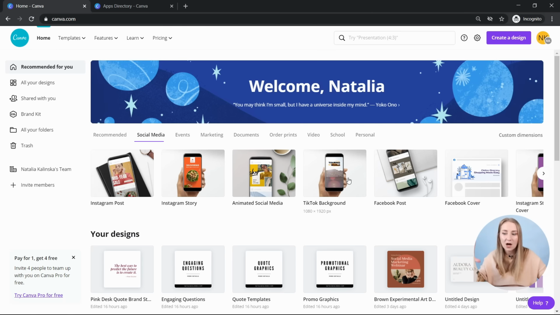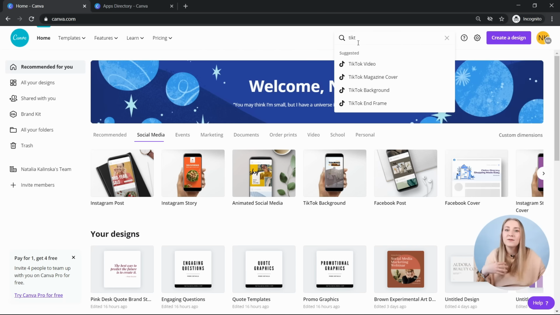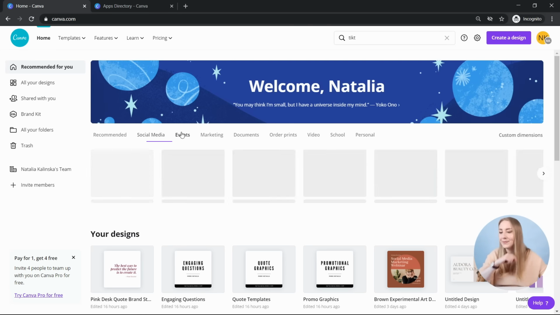Canva's developed the TikTok part as well. They're really quick, by the way, really quick with introducing different features or different resolutions. So as you've seen before with the Instagram Reels part, that was added almost instantly after the Reels were created. Even though it's a very similar resolution to other mobile graphics, still they want you to access it really easily. So if you're looking to design something for TikTok, you can just type in TikTok and they'll show you all the different types, even if that's a resolution that already exists and has different templates on Canva.